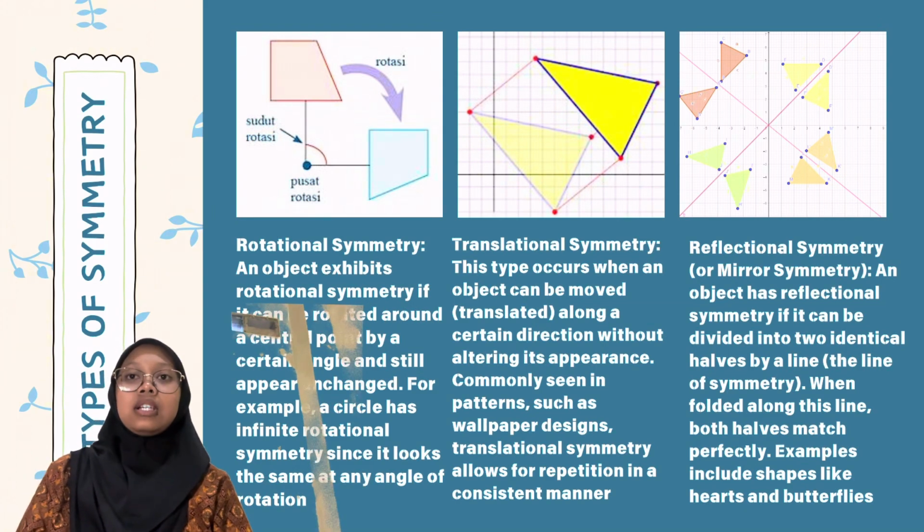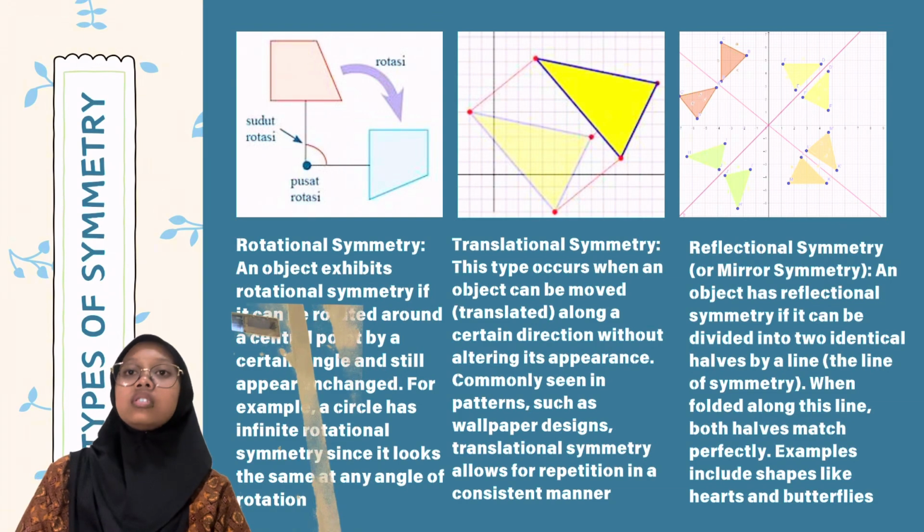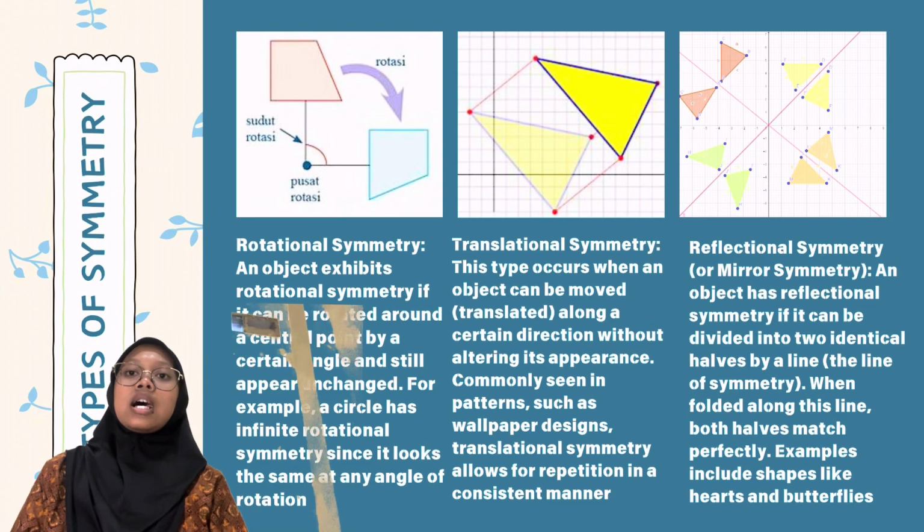The second, translational symmetry. Translational symmetry occurs when an object can be moved or translated along a certain direction without altering its appearance.